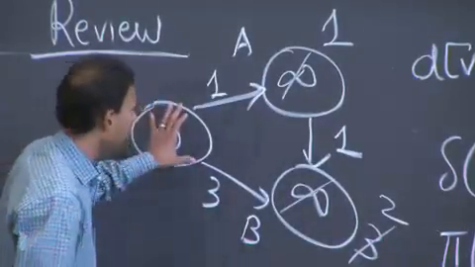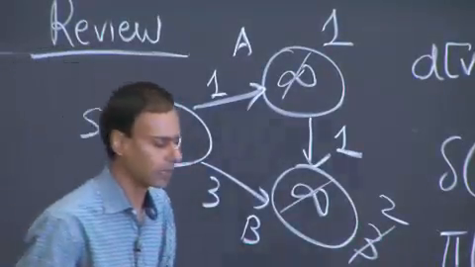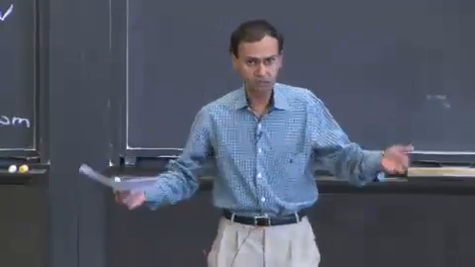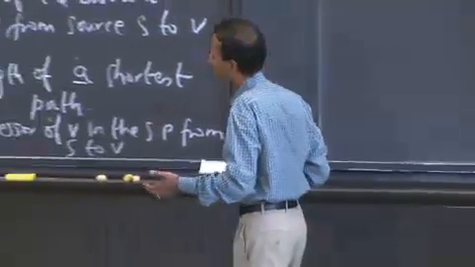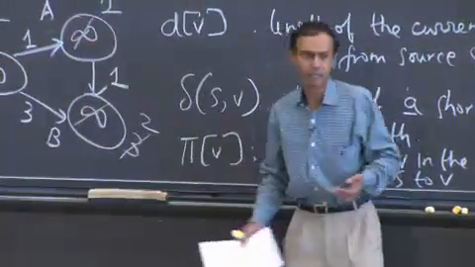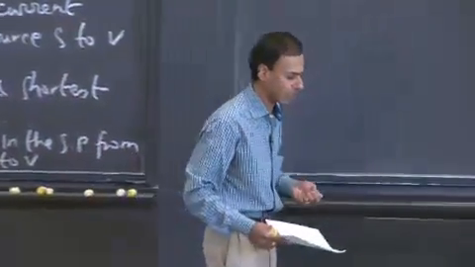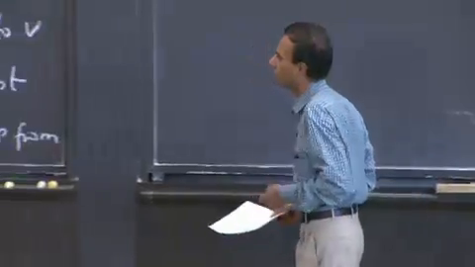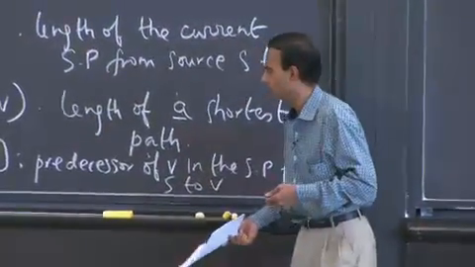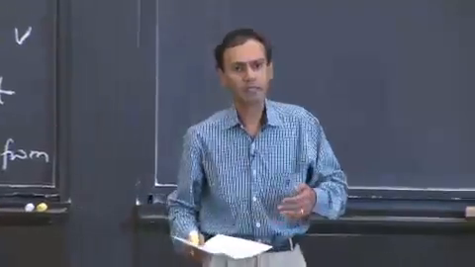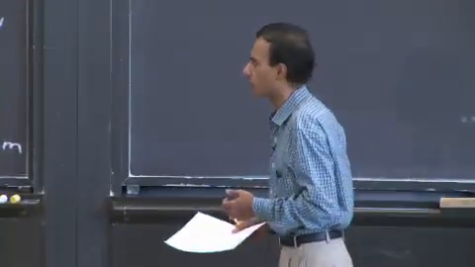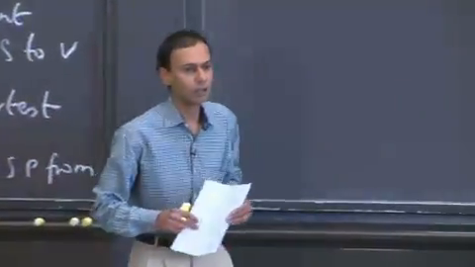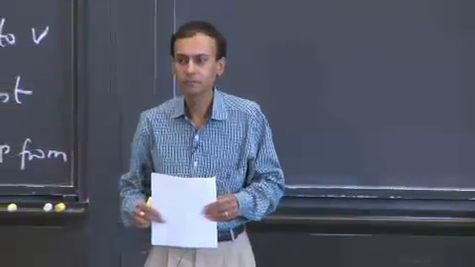Now, we have to prove that any particular algorithm we put up is going to converge to the delta values, and that the algorithm will terminate, and then we have to worry about the asymptotic complexity of the algorithm. But that's the general overall flow. As I said, we'll look at two algorithms today, both special cases, one for DAGs and one for non-negative edges. We'll go through and maybe not do a formal proof, but certainly give you strong intuition as to why these algorithms work. Any questions about this material? Okay.